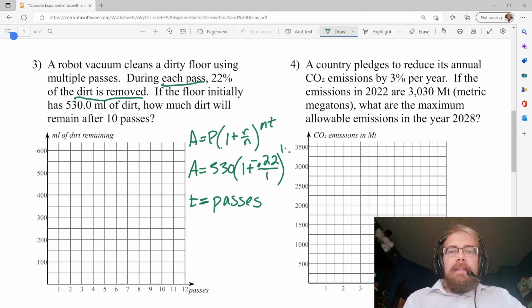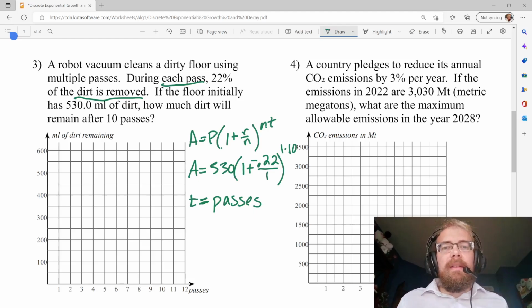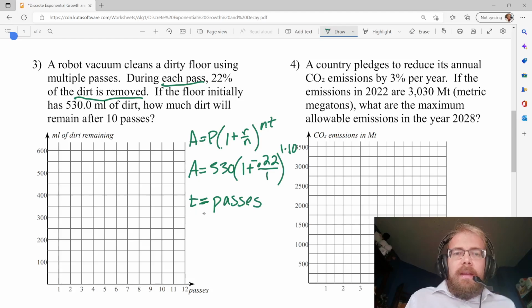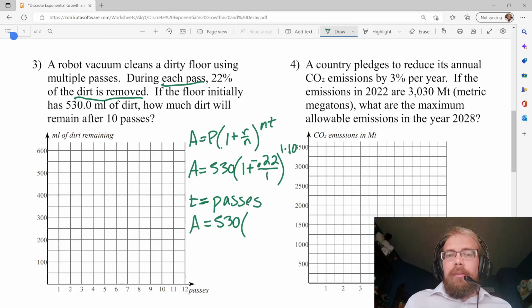And then we want to know what's happening after 10 passes, right? So t is 10 for 10 passes. Okay, so then we got everything plugged in. So now I go here, 530. That's going to be 1 minus 0.22. So 1 minus 0.22 is actually going to be 0.78,